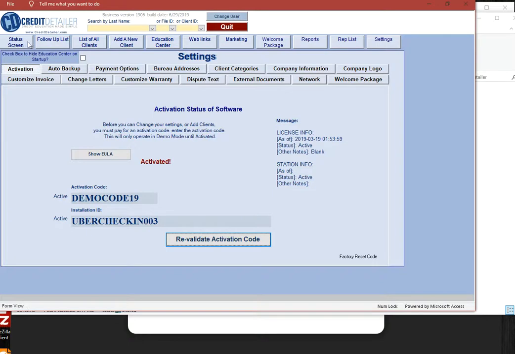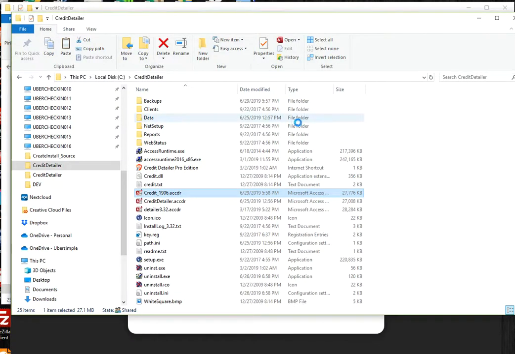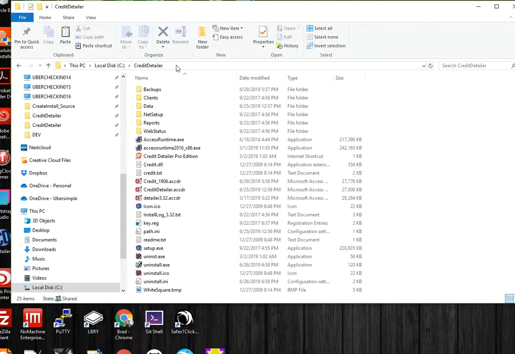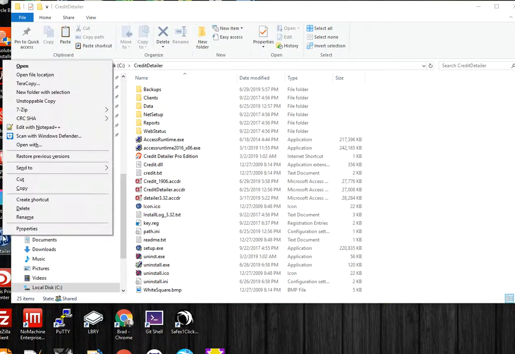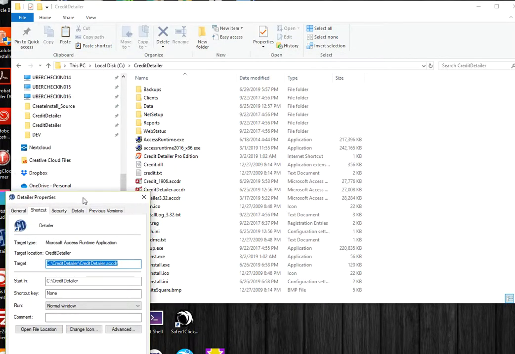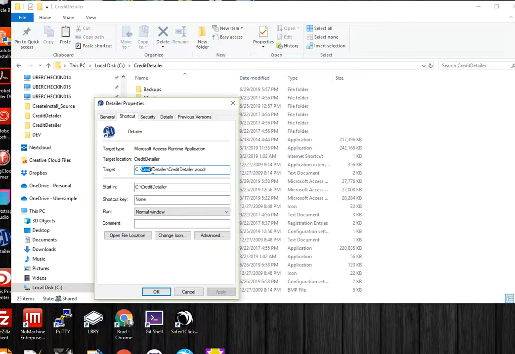You've successfully imported and upgraded version 1906. The last step would be to make a shortcut on your desktop because you only downloaded the file. To do this, you can take the existing shortcut, right click and say Properties, and if you notice the file name, you just want to change it from Credit Detailer to